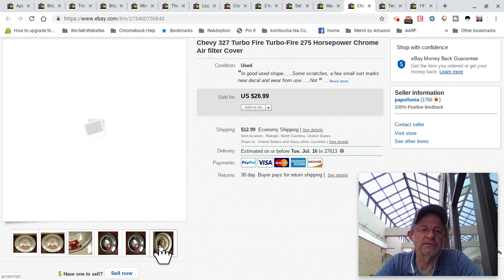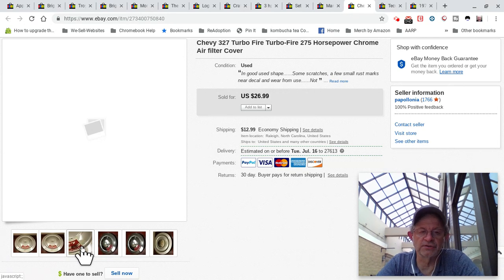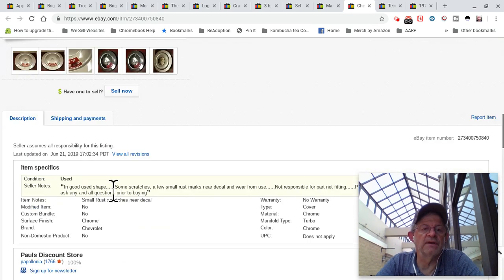Took as best pictures as I could. I was very clear. I took pictures of the damage. You have to excuse the wind. I'm sure it's interfering. There you go. A little rust there. And I stated that there are some issues in my condition description and also down in my